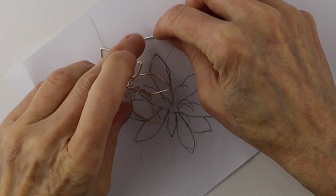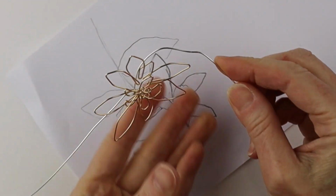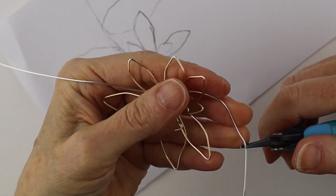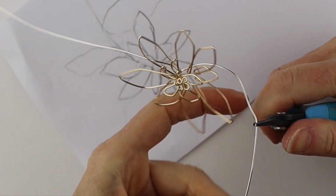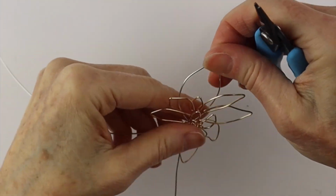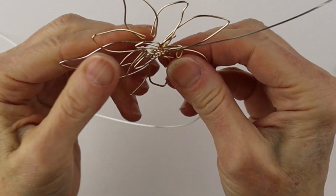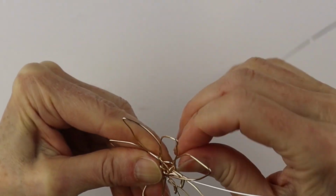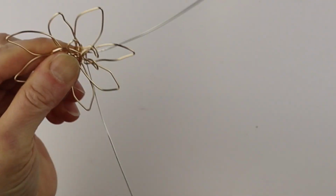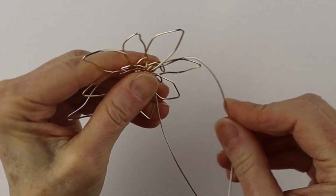So I'm going to curve it around, follow the shape of the leaves that are on the template, even if they're not in the same position, it's okay. Just gives you a ballpark of the shape. So we're going to curve it around. So the leaves are quite a bit bigger than the flower. And then you can twist it around the center wire. And we're going to form